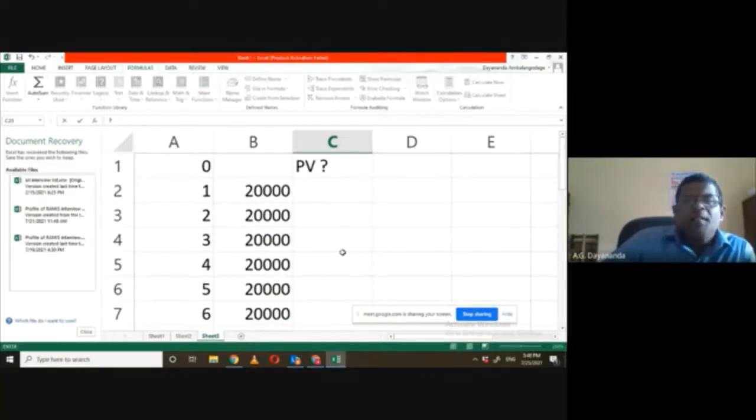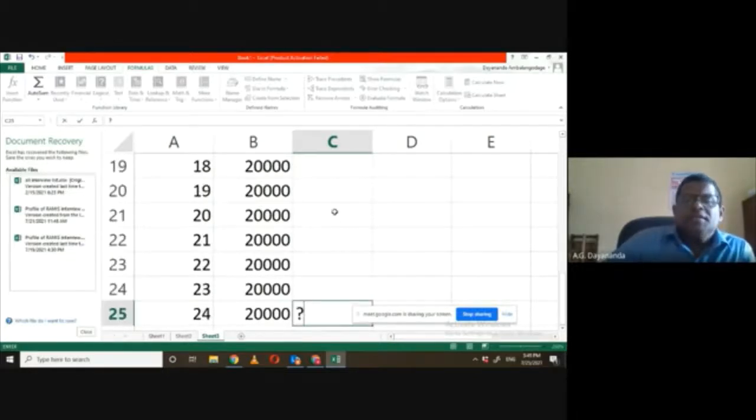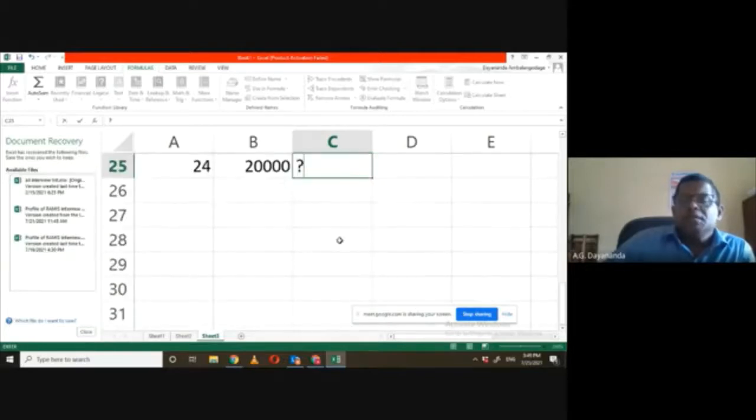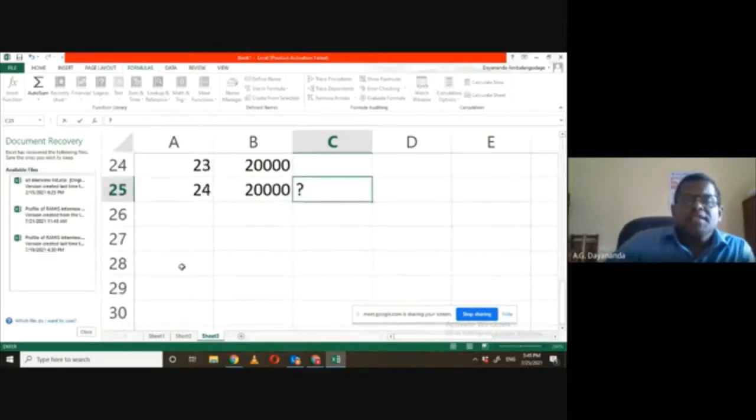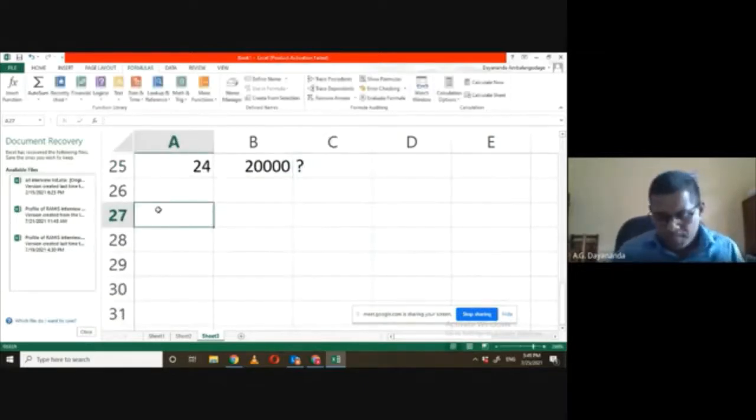Both formula. Present value interest factor annuity table, and future value interest factor annuity table. So if I am writing it manually, this is the way of writing it manually. Future value, okay, equal,